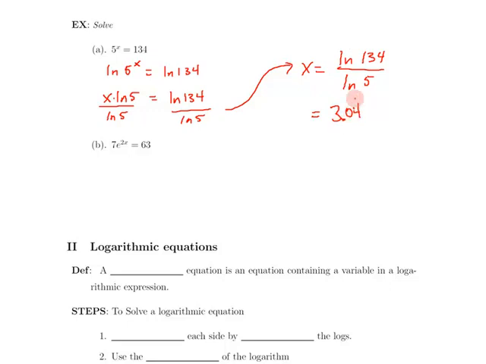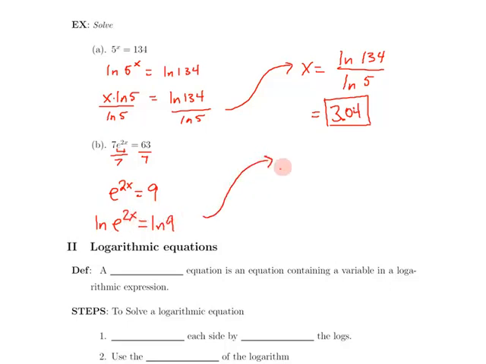Now in all of your homework it'll tell you how many decimal places to carry it out whenever you approximate this. Let's try this one. 7e to the 2x equals 63. Begin by getting the exponential by itself. Here's the exponential term. So I'm going to divide both sides by 7 and have e to the 2x is equal to 9. Taking the natural log of both sides